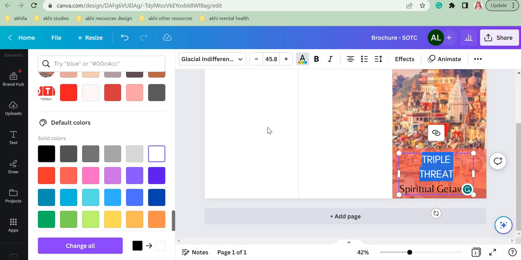So when I clicked on white, it got changed into white. Okay. So now that is also done. Next, what I'm going to do is, can you see there is a button called B? This button, if I click, can you see the text has become thick? See, first the text was like this. Look at the text. Now when I clicked on this button, you saw the text became thick and bold. So with this option, you can make it thick and bold.